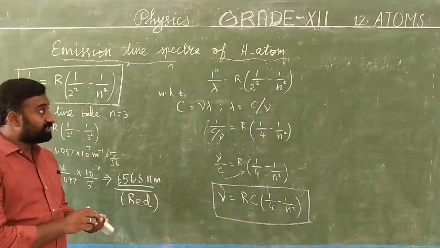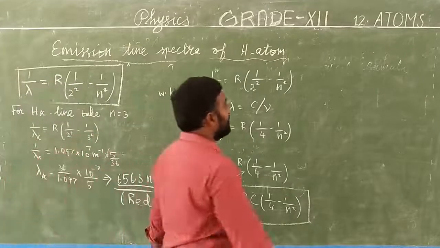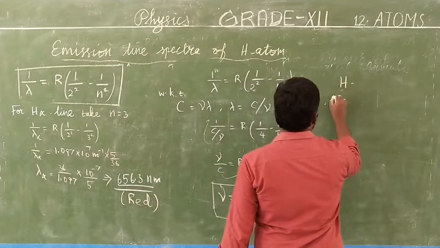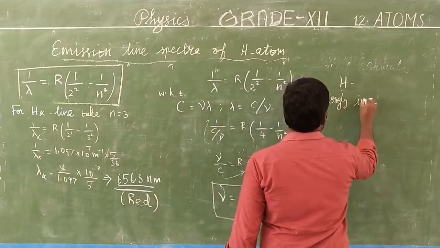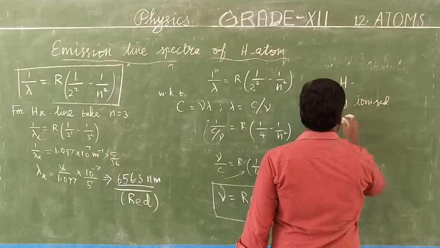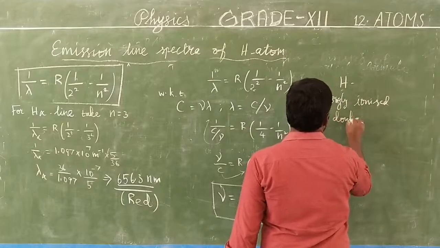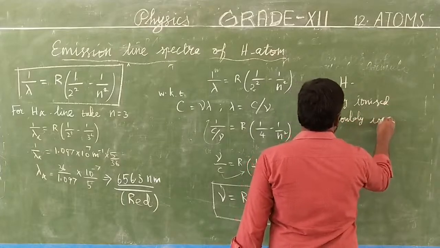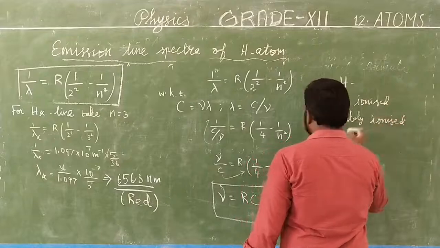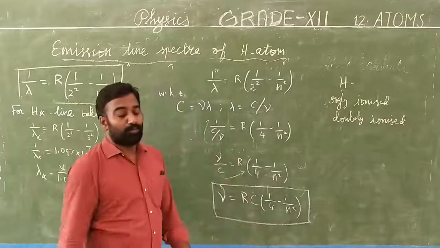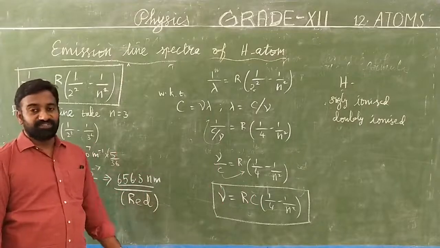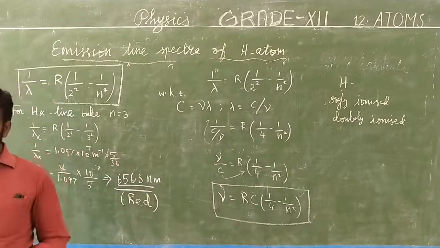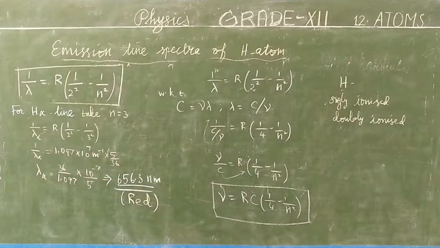Actually, all this was obtained for a hydrogen atom, singly ionized deuterium, and doubly ionized lithium. So they couldn't explain complex atoms. Only the simplest atoms they used to find this value. That's it. Once again we recall what we are studying today.